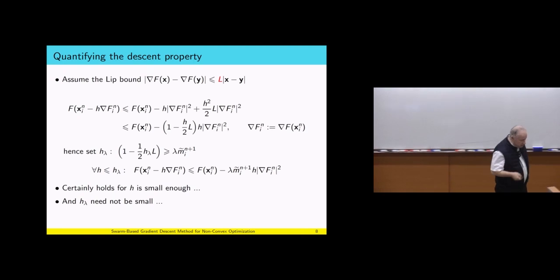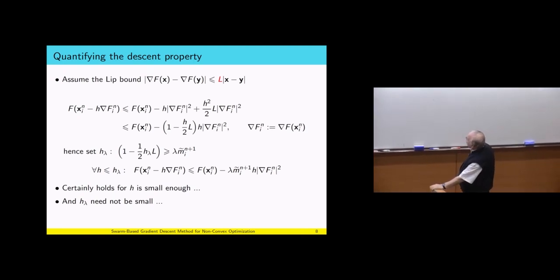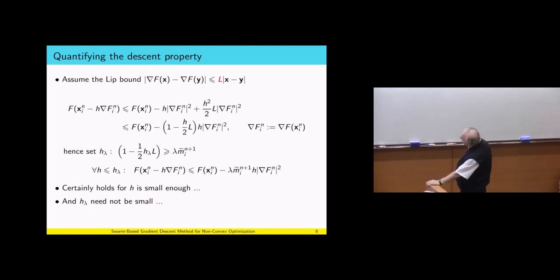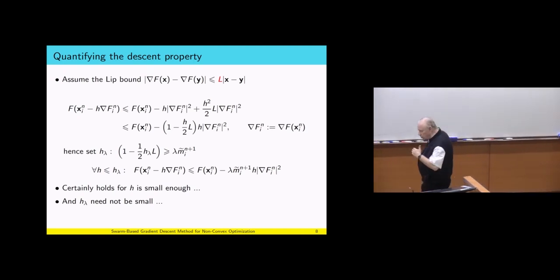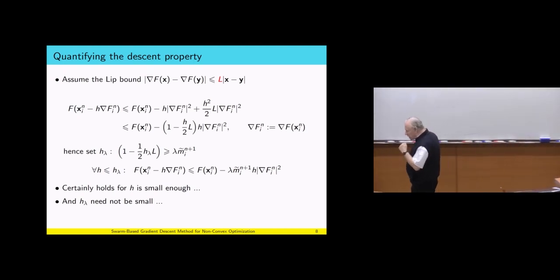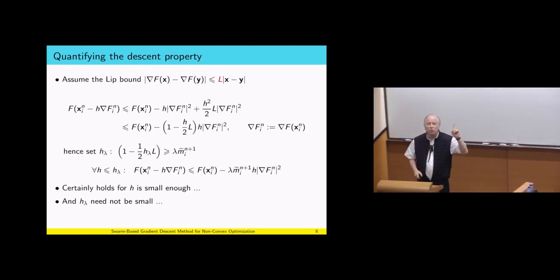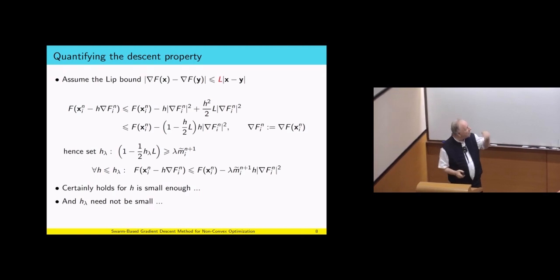If the mass is the relative mass, if we have a heavy agent, then of course we go down by a larger amount. Now, we have to play with this step size h lambda. The h lambda need not be small. So how do we find this threshold? The idea is to find the largest time step which allows this property to hold. How do we find the largest time step such that this property holds?